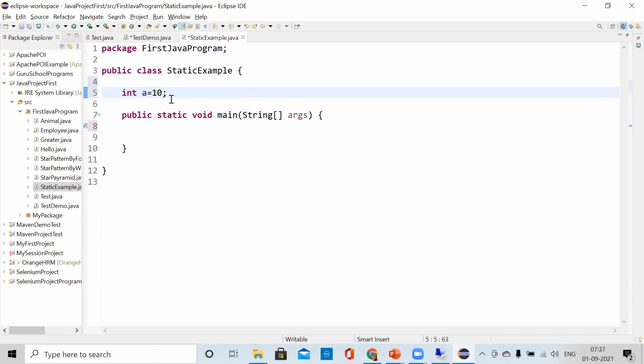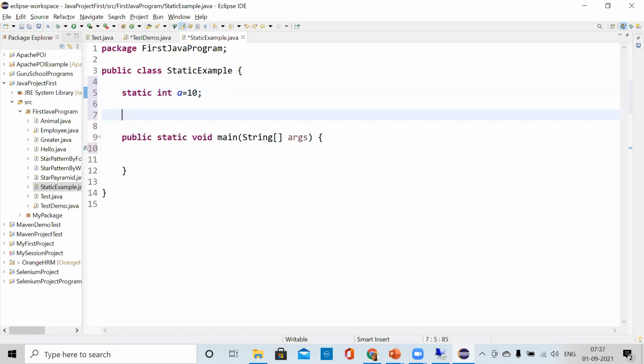Now if I put static here, it will become a static variable. If you use it in main, it will give you no error because the main method is always static. But with one method, suppose m1,